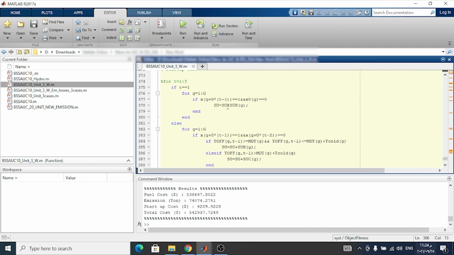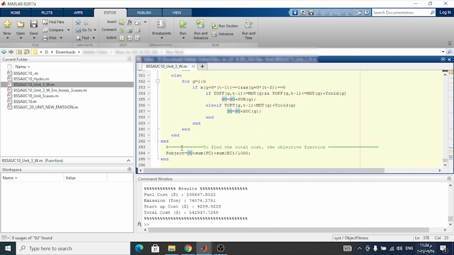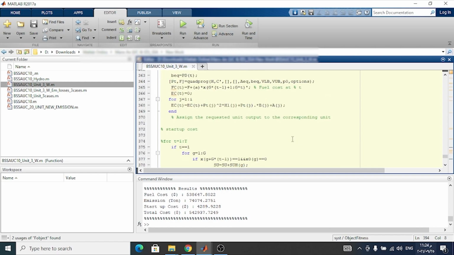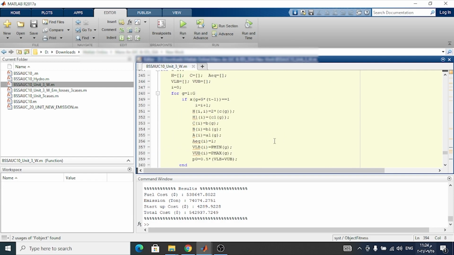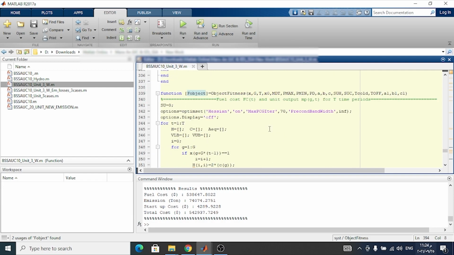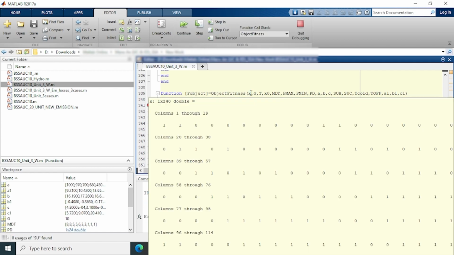As we explained before, we calculate the startup cost, and after that the f object is the sum of the startup cost, fuel cost, and emission cost, all in the object function. This is dependent on the weight factors if we want. So as you see here, SSA will optimize the value of swarms. If you run the program, we will define it like this, 240 states,